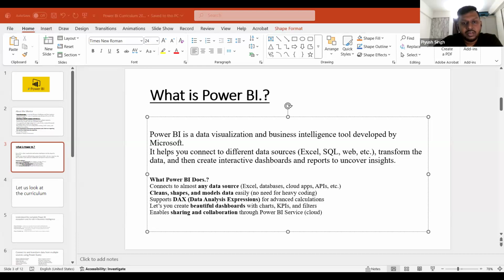These are the sources. Just look at it. These are the sources, right? Oracle, SQL database, IBM, MySQL, PostgreSQL, right? Google BigQuery, Vertica, Snowflake is so much used in analytics, right? I can't tell you how much Snowflake is used. Dataflows, data marts, warehouses, lakehouses. These are the concepts of Microsoft Fabric: warehouses, lakehouses, KQL databases, right? These are the concepts.